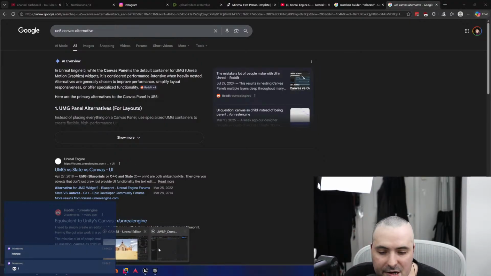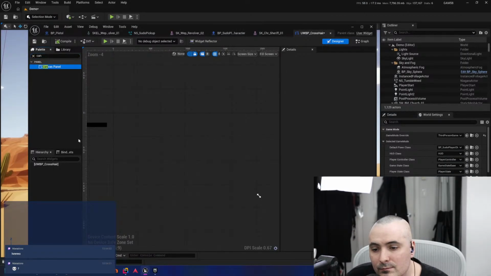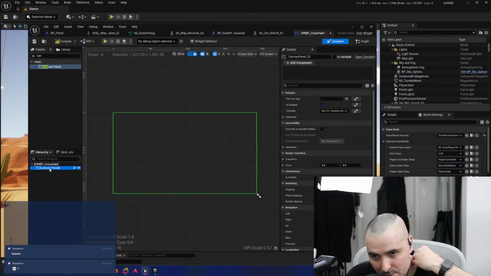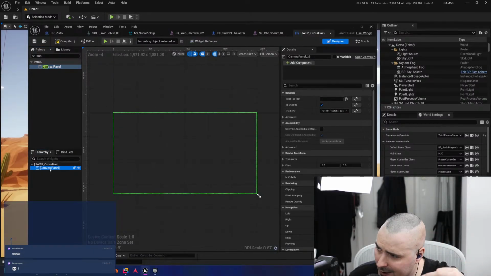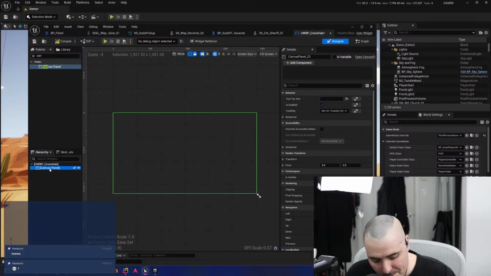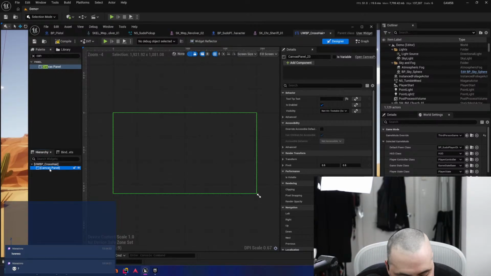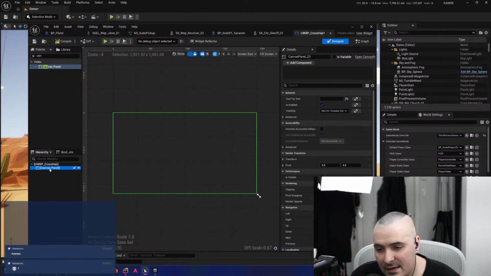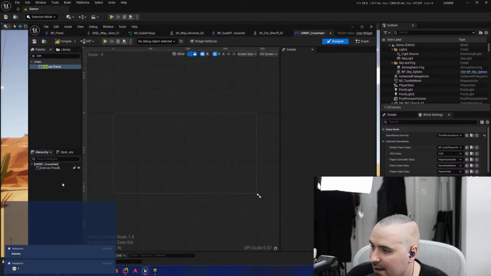So in UE, I can do this. Stacking canvas panels on top of each other will eventually cause frame hiccups.